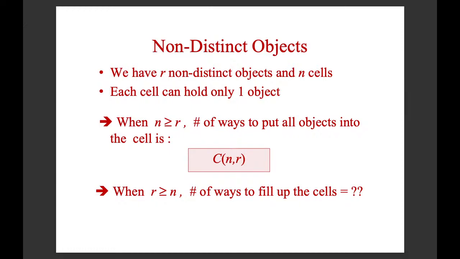So previous case, balls are distinct, so it is like a permutation problem. And now when balls are not distinct, it is like a combination problem. When we have R non-distinct balls and n cells, each cell can hold one object, then what does that mean? We assume that n is greater than or equal to R. So we want to find out how many ways there are that we can put all the objects into the boxes. Here, because balls are the same,